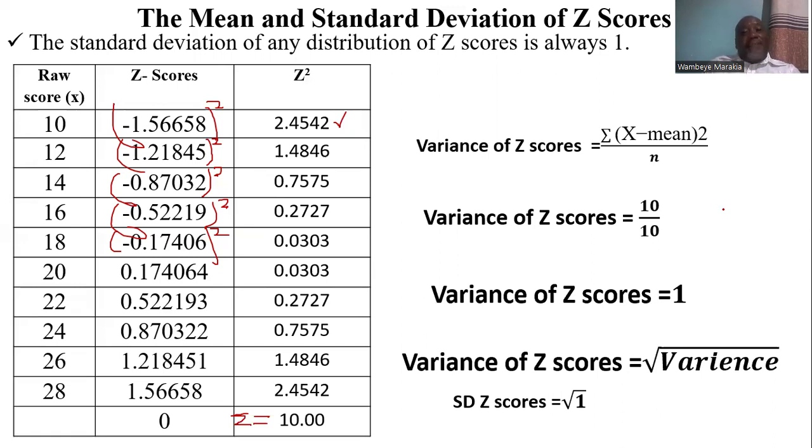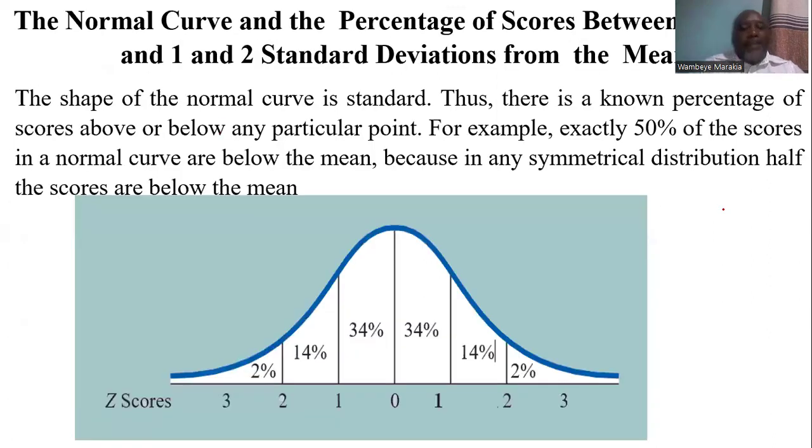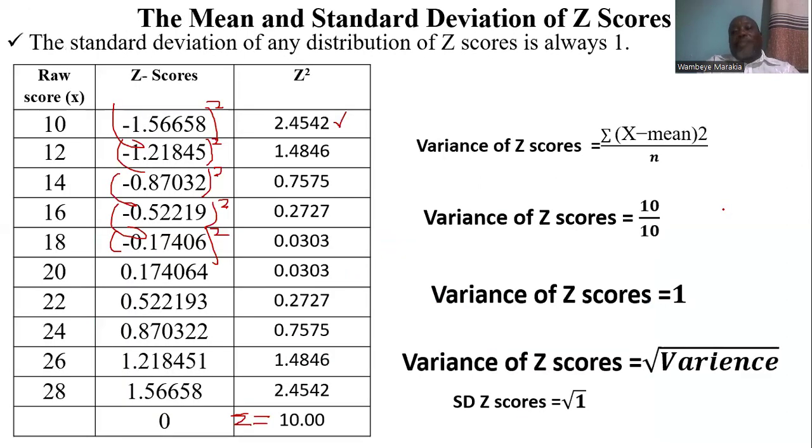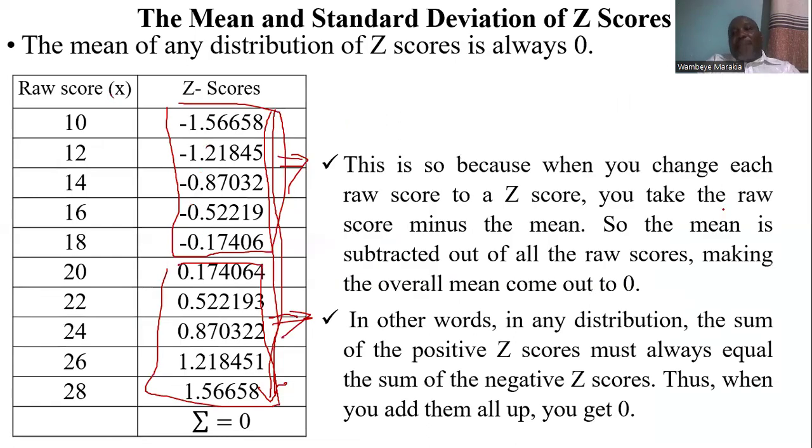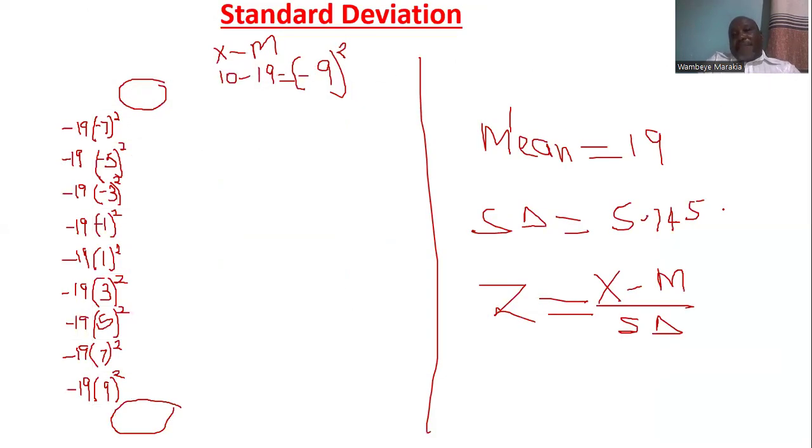We have seen two things. The mean is always equal to 0, and the standard deviation of any distribution of z-scores is always equal to 1. Then, how do we apply these z-scores? We apply the z-scores in calculating the proportions in the normal curve and the percentages between the mean and the standard deviation. And as we said at the beginning of the lecture, when we were defining z-scores, we did say that